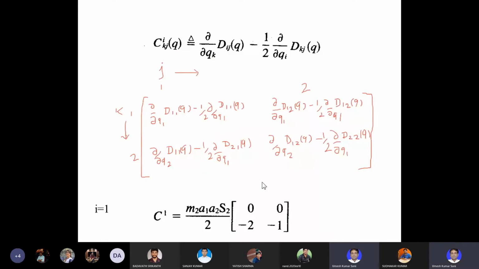Here q1 is theta 1, q2 is theta 2, and d11 is the function of cos theta, sin theta, and all the terms. So you will differentiate those terms. निकाल के दिखाओ भाई। आज हमेशा मैं ही तुम लोगों को कैलकुलेट करके दिखाता हूँ, आज तुम लोग कैलकुलेट करके दिखाओ।